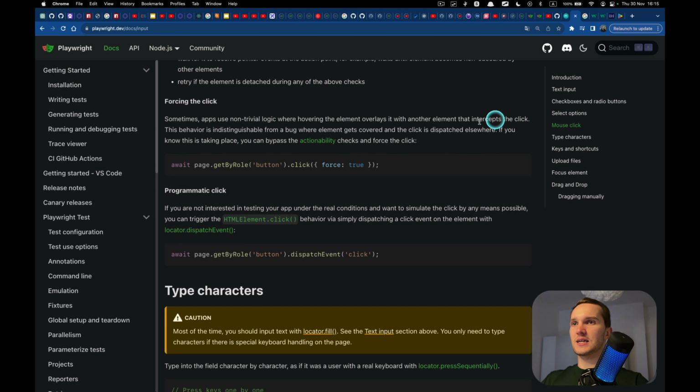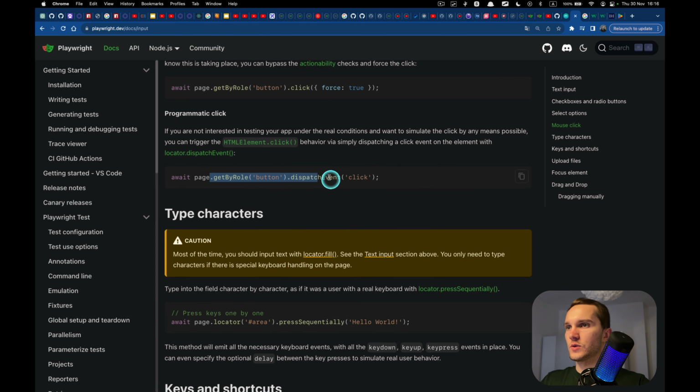And sometimes in tests we just want to force click it. Usually Playwright will throw an exception, like this button is not visible, this one which is behind is not visible. But we can do the force click, so it will still click this button even though it's hidden behind the bigger one.